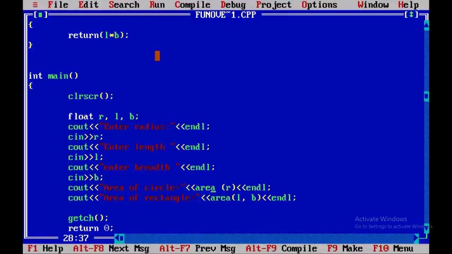In the first call I am specifying only the radius, and in the second function call I am specifying length and breadth. That means here I am calling the function which calculates the area of a rectangle, and here the function which calculates the area of a circle. Let's see.